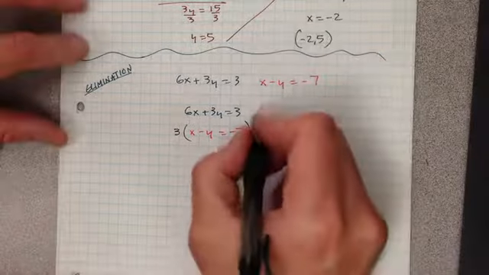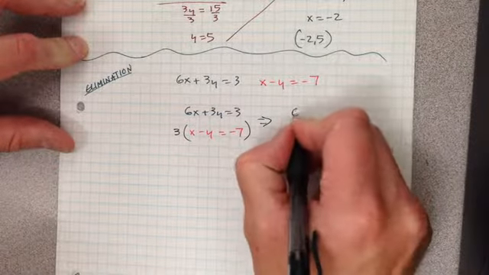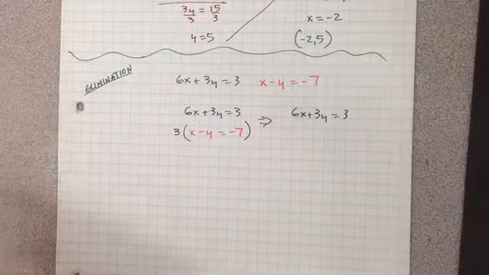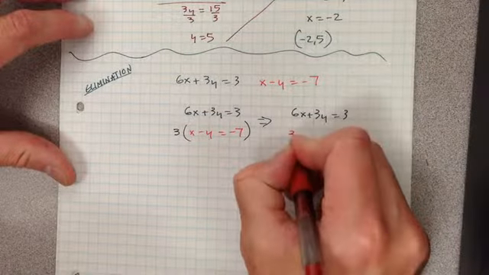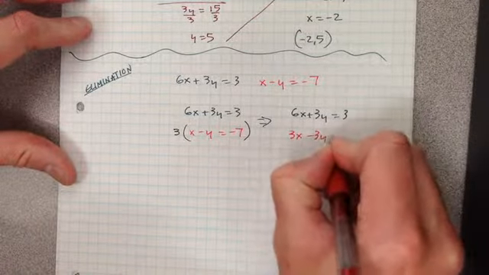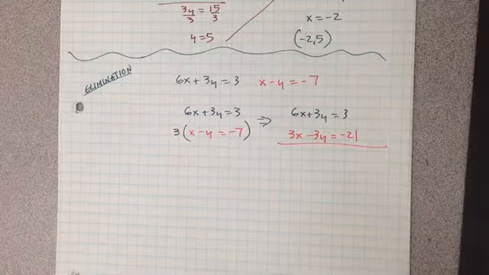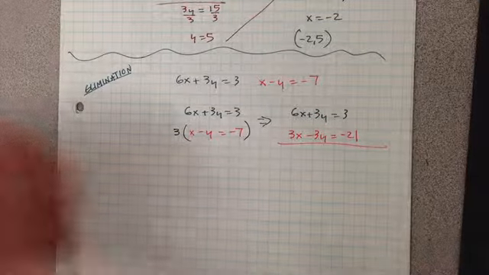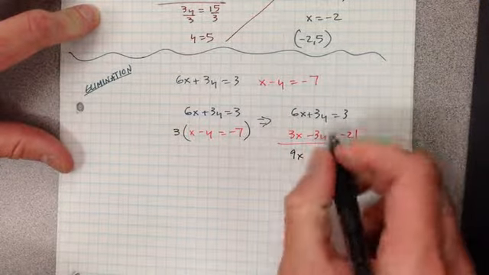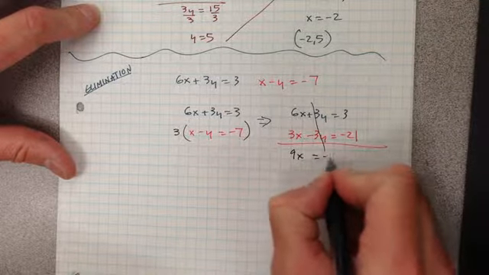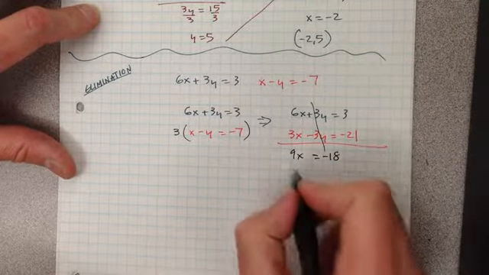So now, what I really end up with, 6x plus 3y equals 3, and my new modified red equation, 3x minus 3y equals negative 21. Now when we add these two equations together, let's see what happens. 9x, my y's cancel, which is our intent, equals negative 18. Divide by 9,